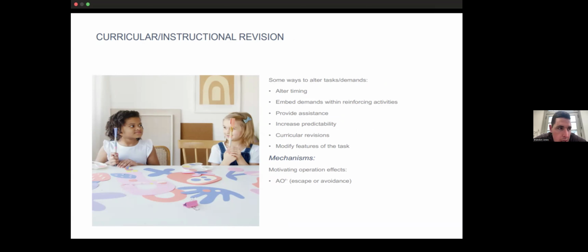You can combine, it also reminds me of the shower activity too. You can combine some kind of chore while listening to music, or you can even wash dishes while you're dancing, something kind of silly too. I don't know how effective that would be, but in the beginning, it might be something that you can pair the two. And decrease the response effort, providing them assistance, increasing predictability so they know what to expect. Okay, I'm going to do this table, that table, and then I know I can watch my iPad. So I know, oh, okay, this really isn't as bad.